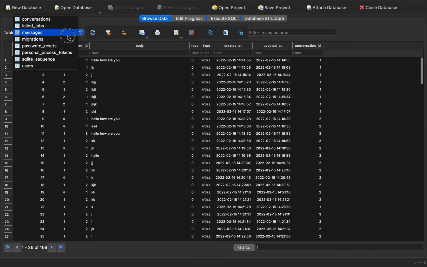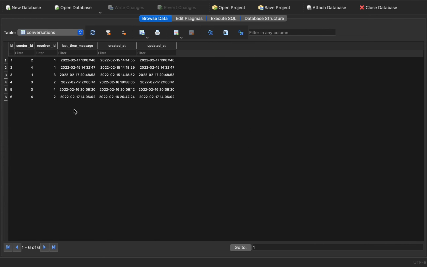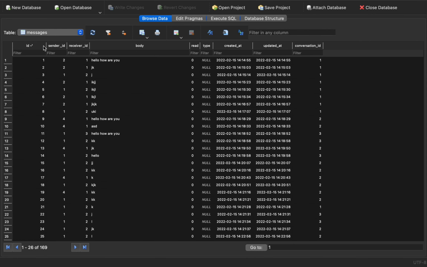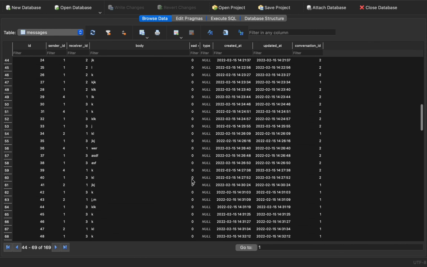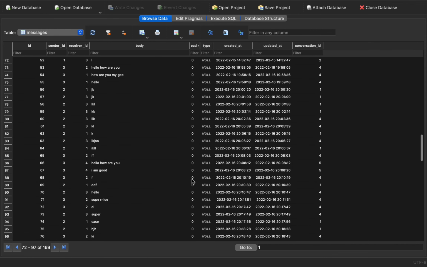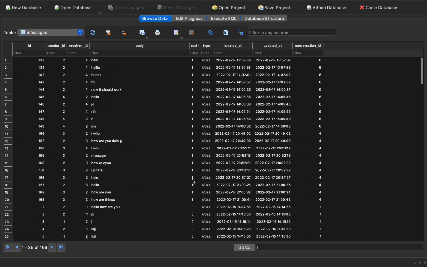We have messages, we have all these. We've only opened this a few times in the course, but you can check here the messages that we're actually serving in a conversation. In the messages, come to read and click twice on read so we can order by read. You can see we have only a few messages that are actually read, like these last ones there, but the rest of the messages are just 0, or unread,